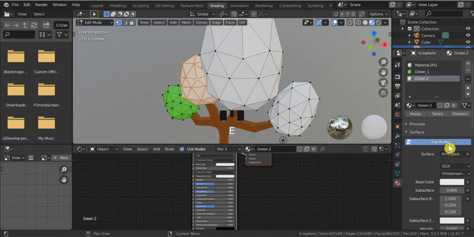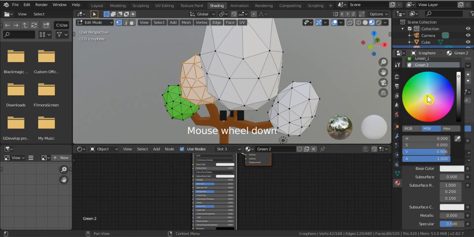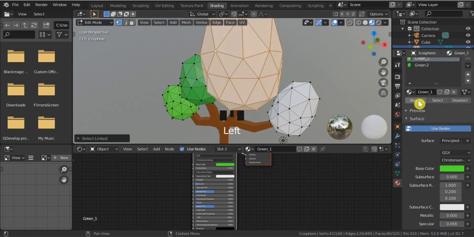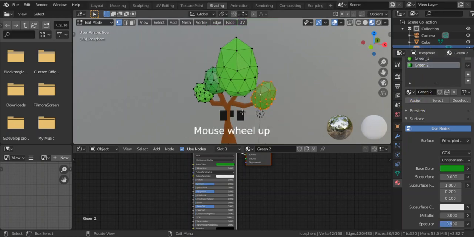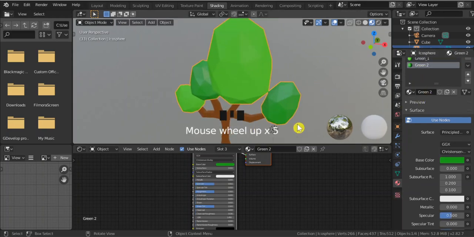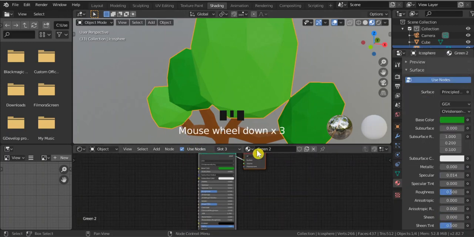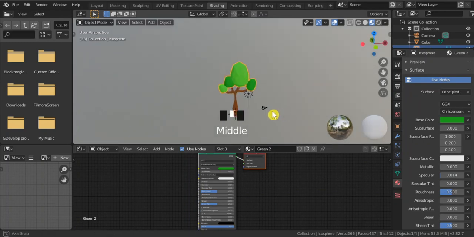which is a quite dark green. Assign. Then this one I will use green 1, assign. This one I will use green 2, assign. So now we have a low poly tree here, but I don't like how it's specular, so we give it specular 0. Right, so now I have a tree,